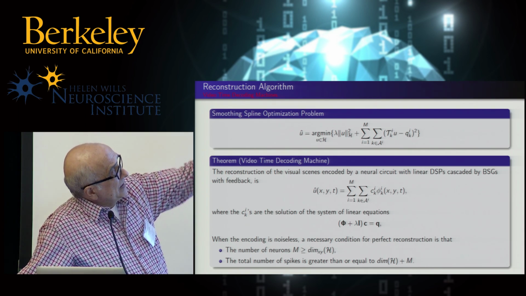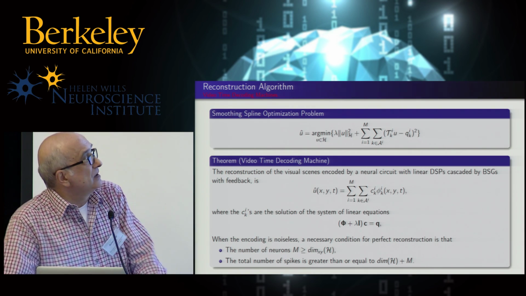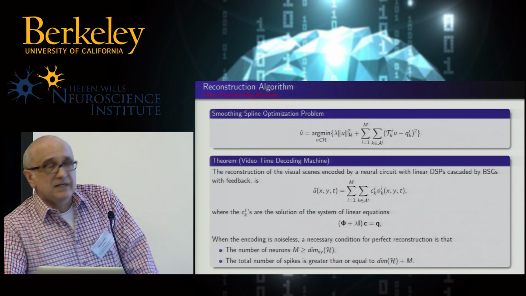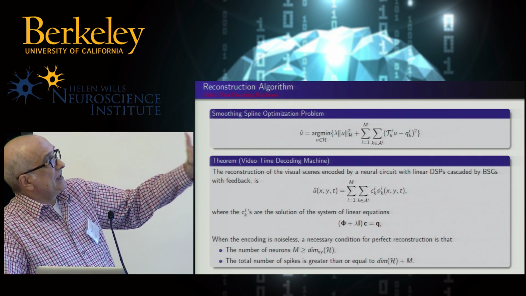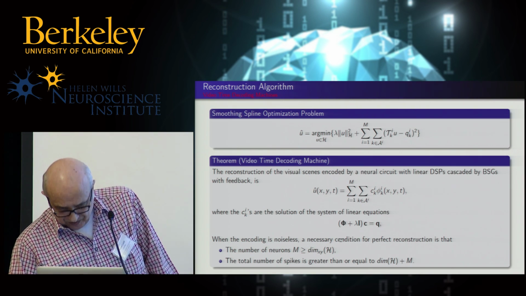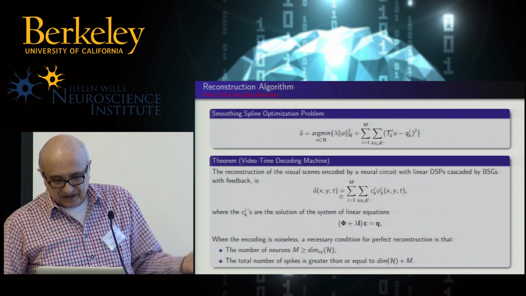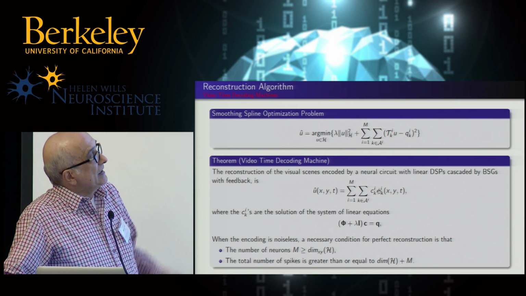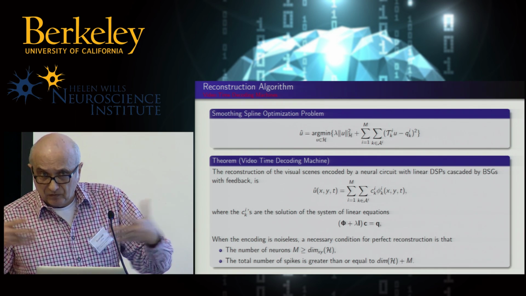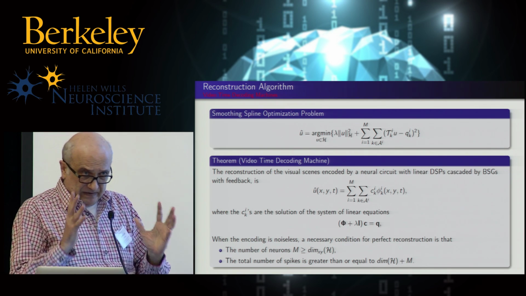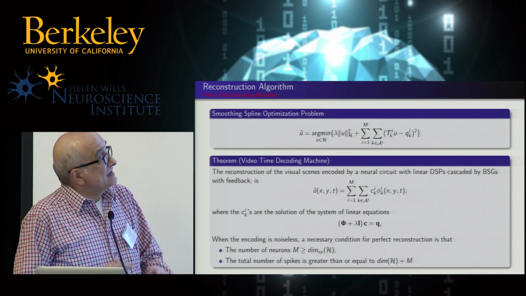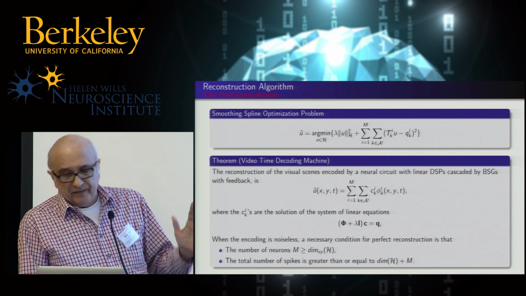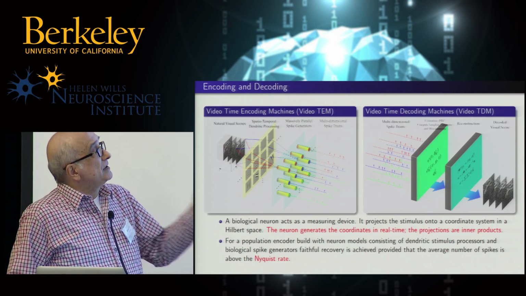And in particular, we can set this up, the usual way with cost functions, as is shown there. I'm not going to go into details of this. Suffice it to say that the representation U is like in support vector machines where you have to pick a kernel, and the kernel here is phi, and it just happens to be a sinc function because we are working with band-limited functions. The formula is very similar, and as a result, it's actually very powerful because the type of theorems we can prove are of the type that